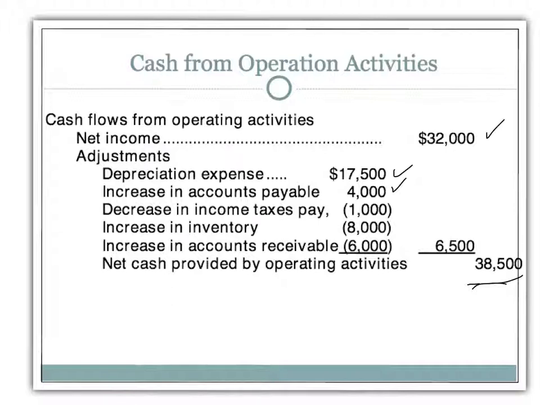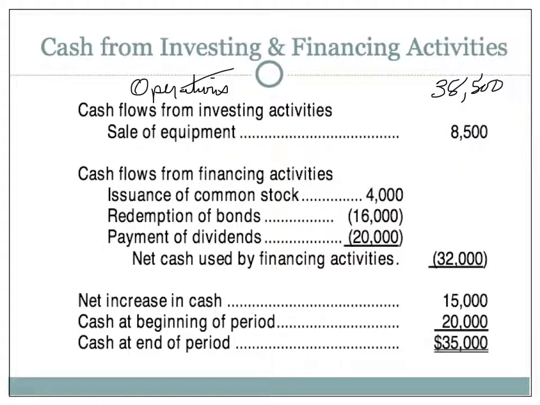Next, we look at the change in the long-term assets and the change in the financing. So now I record the cash from operations was $38,500. When I look at the long-term assets, they were a cash investing. We sold equipment, so the long-term assets went down $8,500, and that's a source of cash. We also, when we looked at financing, we issued stock for $4,000. We redeemed some bonds, so that took cash, and we paid dividends. So therefore, the sale of equipment is cash in, and the net cash used for financing activities was a cash